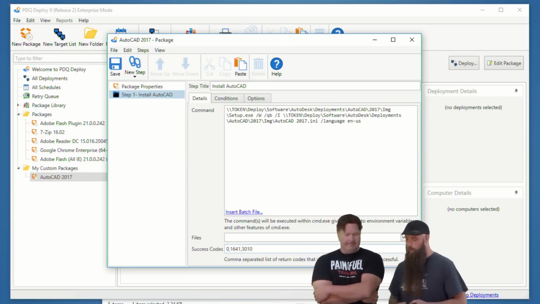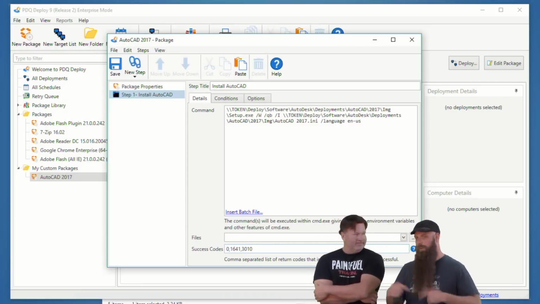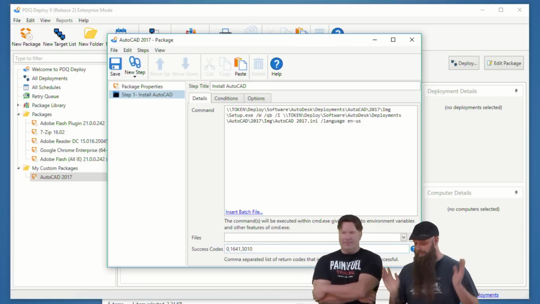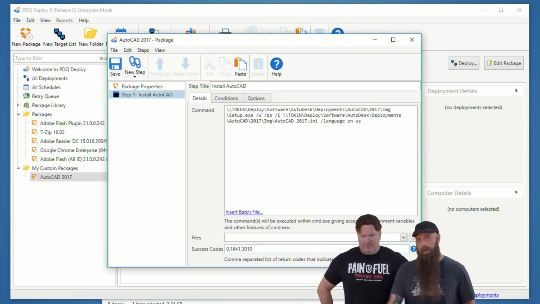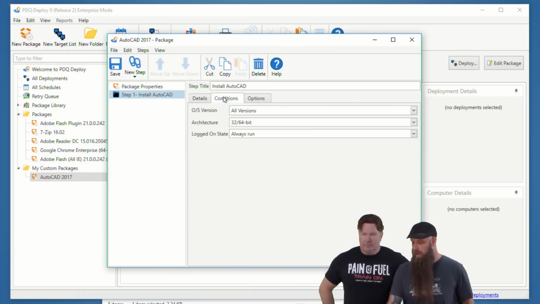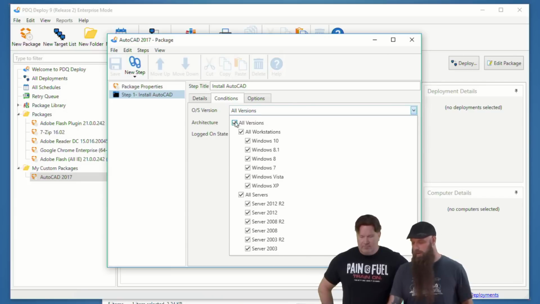We've seen 1641 come back even though the computer doesn't reboot. That's just something that's interesting, and that would most likely constitute a bug. But either way, if it's these three, 0, 1641, or 3010, it's going to be considered a success. On the conditions, I am actually just going to come in here and clear these out